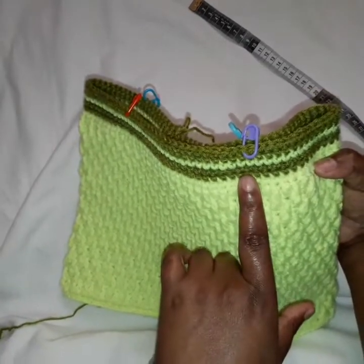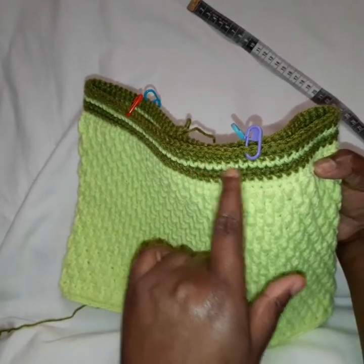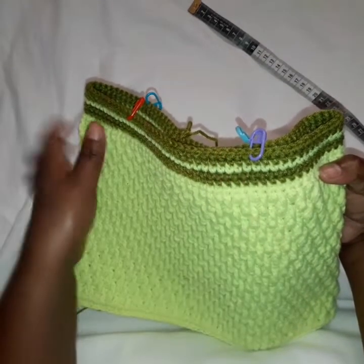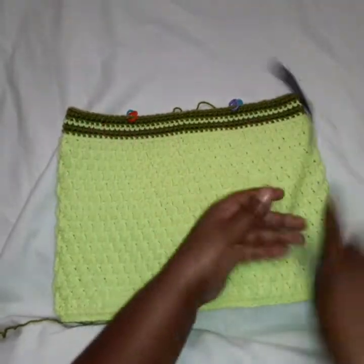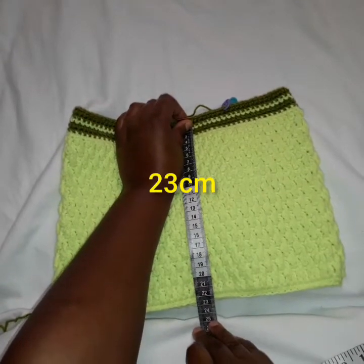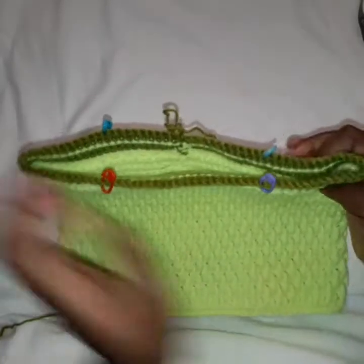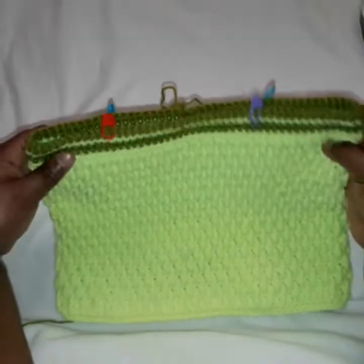This is jungle green, so I did 2 rows of single crochet, another 1 row of the main color, and 2 rows of jungle green. So now it is 23 inches. All right, it's 23. So now I've reached the size that I want,